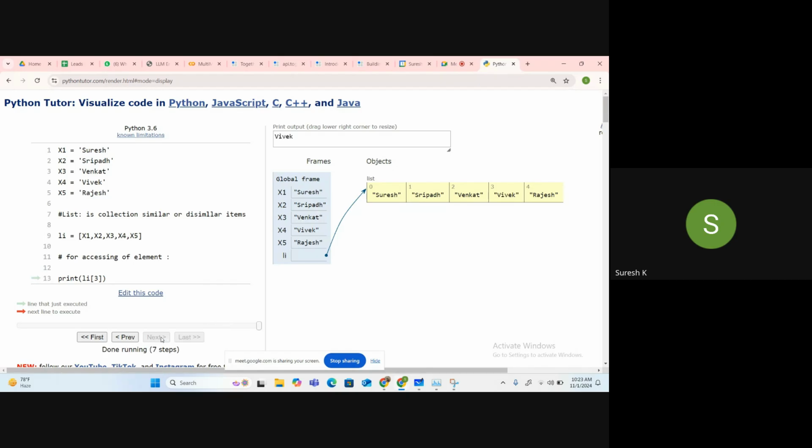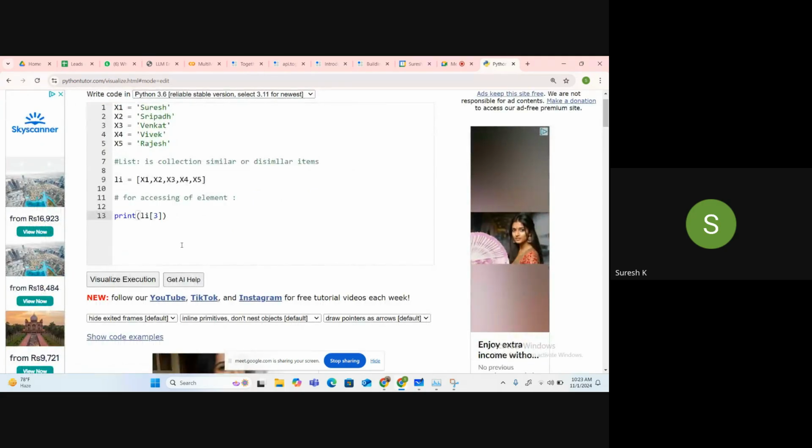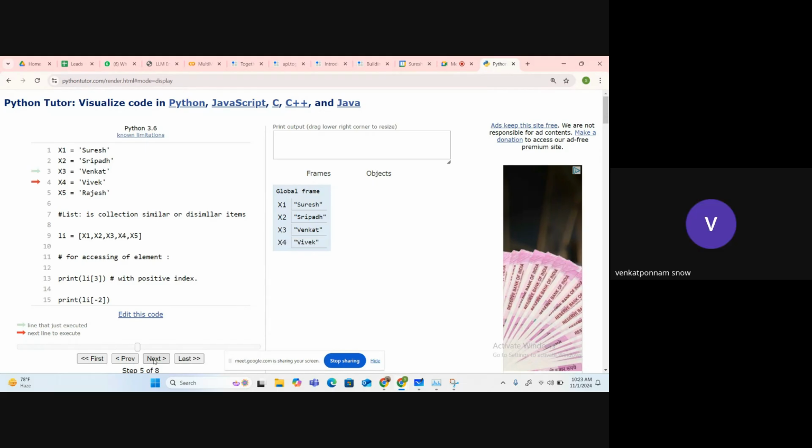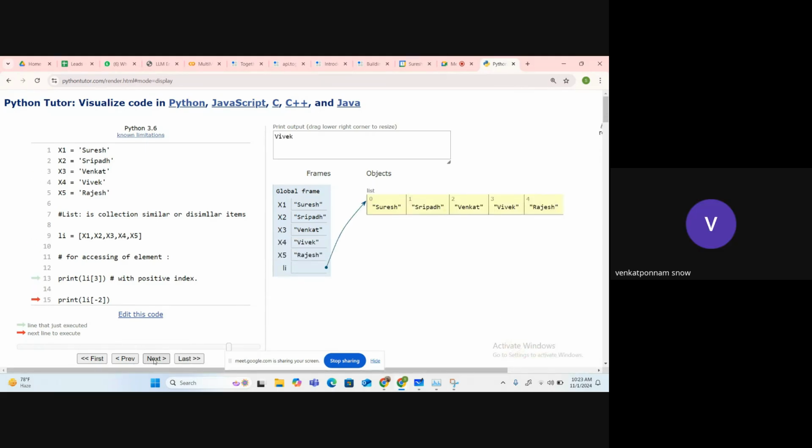It has to print Vicky. Okay, this is with positive index. Print li of -2. What will happen, Venkat, now? Vicky. Here it will be -1, -2, -3, -4, -5.